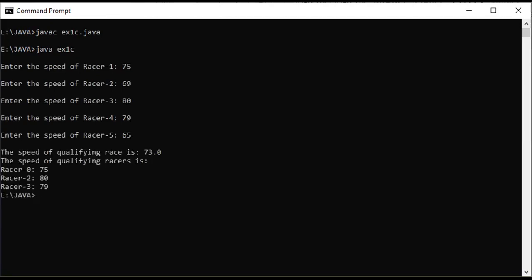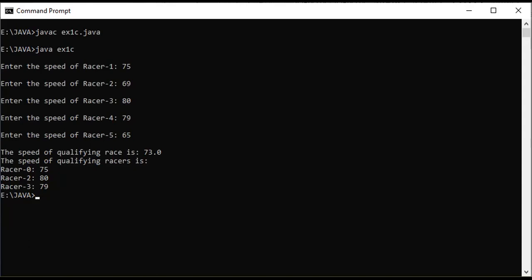Now see the output. For this program the input is these 5 racer speeds, and the qualifying race speed is 73. This is the average speed of all these 5 racers, and the racers going more than this 73, only those qualified for the race.